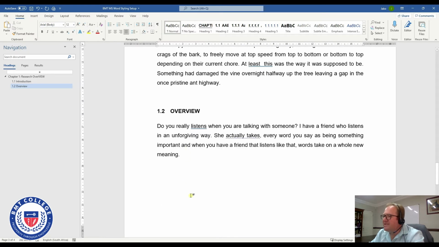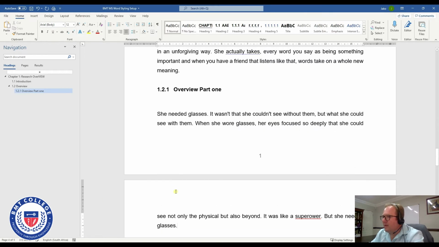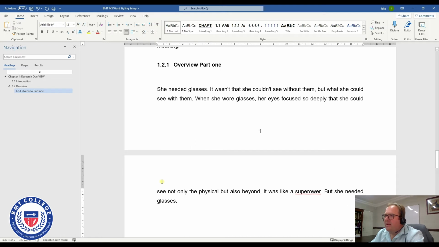Now if we want to break this part of our overview into smaller sections, we're always going to start with a little bit of an introduction. So we're going to have a little bit of an introduction, and then we'll have our heading 3, which will state overview part 1. If we want to start that with an introduction, we don't want to just start with a new heading here. We want to introduce a little bit, and then we'll have our first part. I'll write something about that,